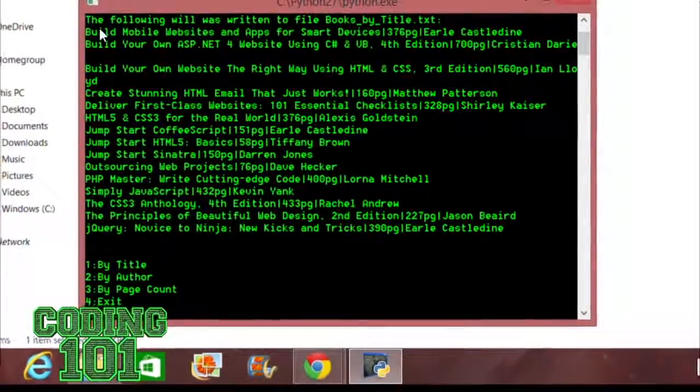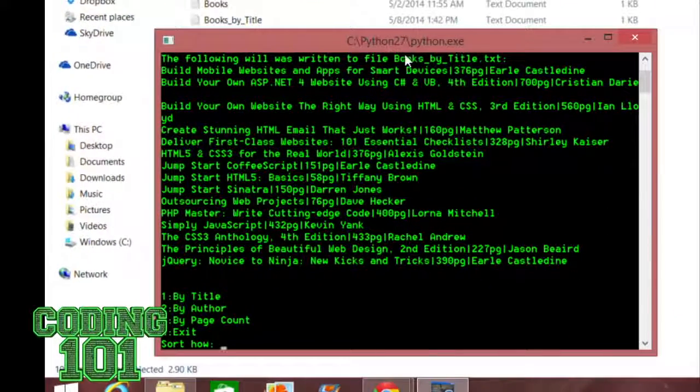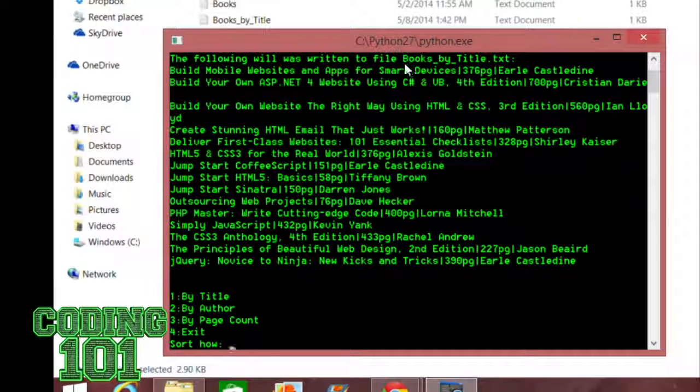So you see that it goes, the following was written. Also, it outputs new files, so we're going to get into this later. Those are spoilers. I'm not going to show you how exactly to do that quite yet, but you'll see down here it starts from B, build your own website, and so on, all the way